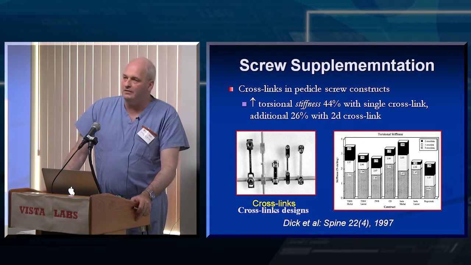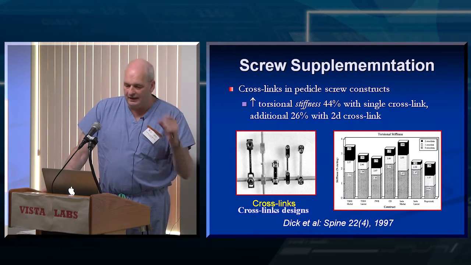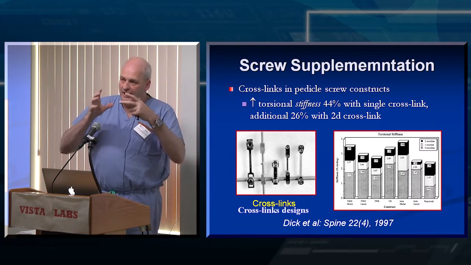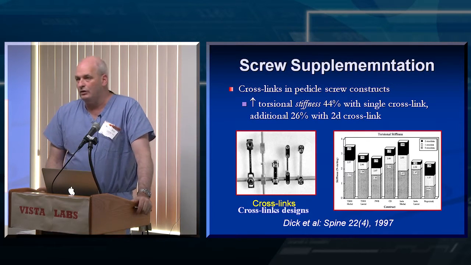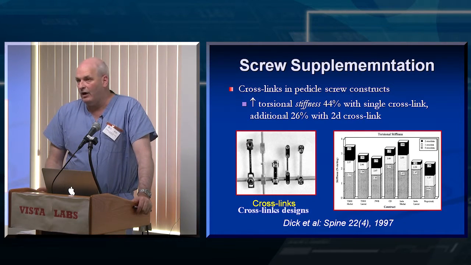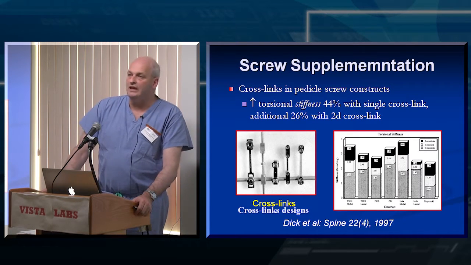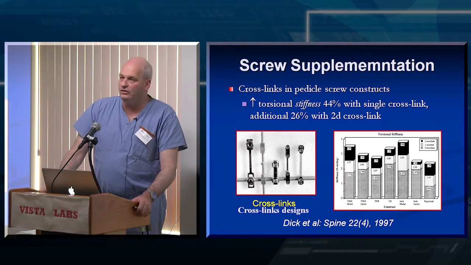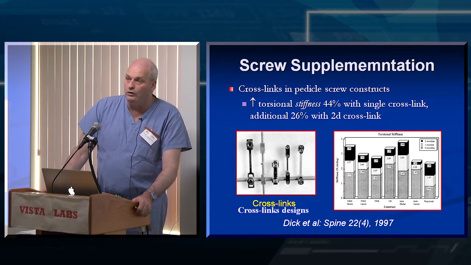Now, if somebody has very poor osteoporotic bone, adding a crosslink can improve that torsional stiffness. It's the rotation back and forth over time that causes the implants to loosen. And occasionally, on very osteoporotic patients, I do use them. The fact is that if you use iliac fixation, that also substantially increases the rotational stiffness of your overall construct. And I'm going to show you at the end of the talk why I don't use crosslinks as